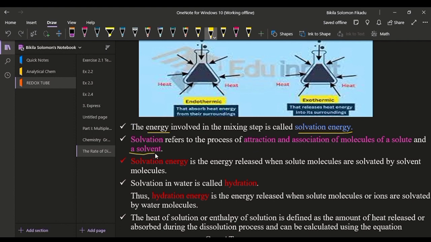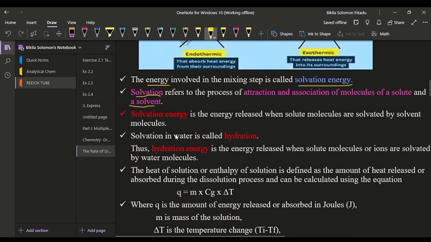The attraction and association of molecules of solute and the solvent is known as solvation. Solvation jechuun processing yookaan adeemsa yookaan immoo molecules of solute tokko of solvent tokko attract wal gochuu yookaan associate walitti ta'uun produce yookaan process isaan gaggeessan maal jedhama? Solvation jedhama jechuudha. So solvation energy is energy released when solute molecules are solvated by solvent molecule.